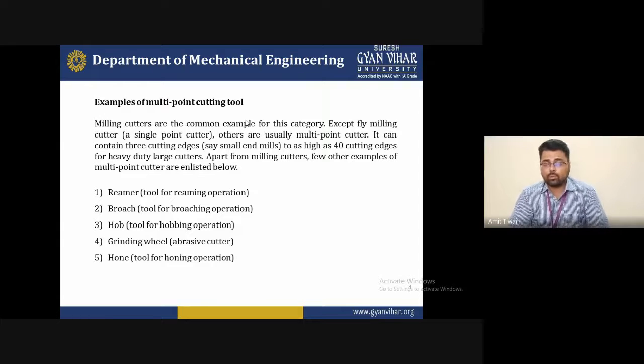Hob is used for the hobbing operation performed by the multi-point cutting tool. The grinder is an abrasive cutter, also a multi-point cutting tool. Honing is also performed by a multi-point cutting tool. So all these operations are performed by the multi-point cutting tool to give the desired shape or fabrication of material. We require the MPCT, that is, the multi-point cutting tool.